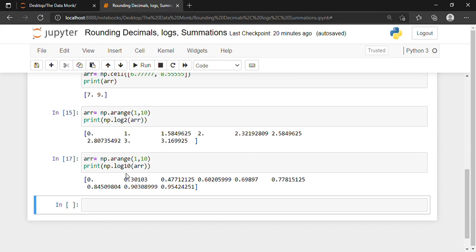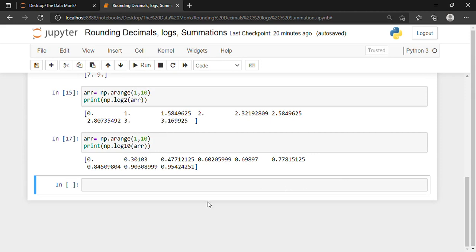Now we go to the natural log or log at base e. So for using natural log, I'm writing the array once again. It is not necessary to always write arr is equal to np.arange, but the code looks clean, that is why I'm writing it again.